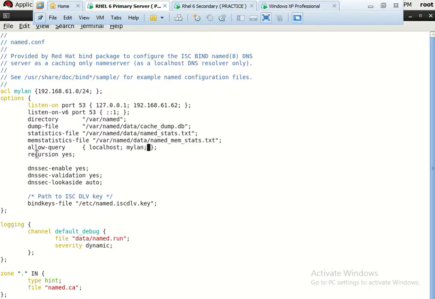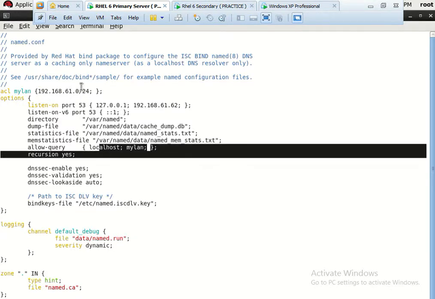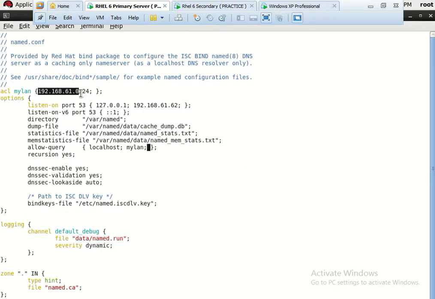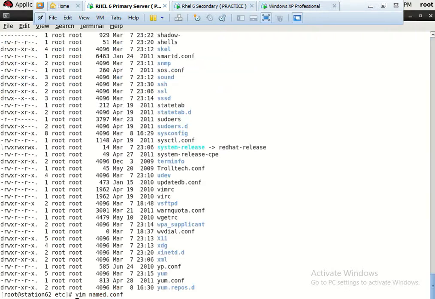It means this server will allow queries from this local machine and only our confined LAN, which is 192.168.61.0. It means that it is ready to serve this network only. All the queries coming from this network will be entertained by our primary server.